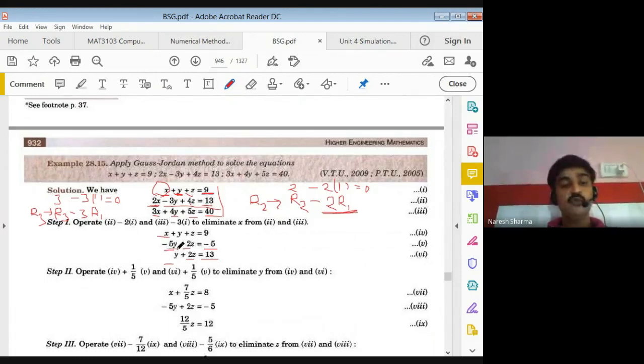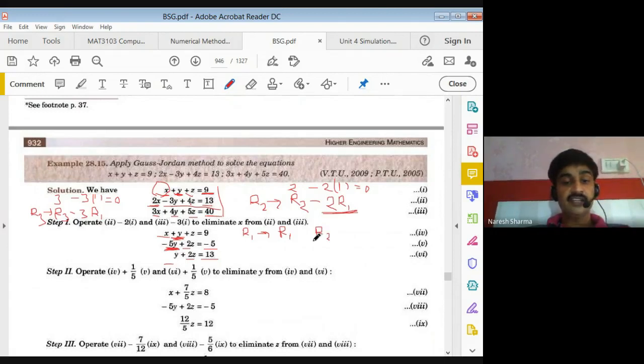Now we have diagonal element in the second position, that is minus 5. So with the help of this minus 5, we convert the lower element to 0 in the elimination method. But in the Jordan method, with the lower element and also the upper element, we also apply on the first row. So that is on the first row, we can apply, the coefficient of y is 1 here, right? So R2, that is minus 5 in here.